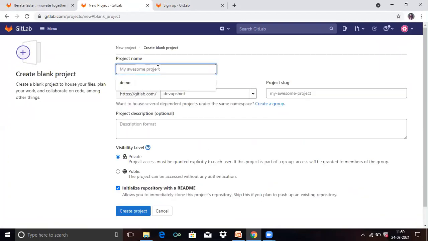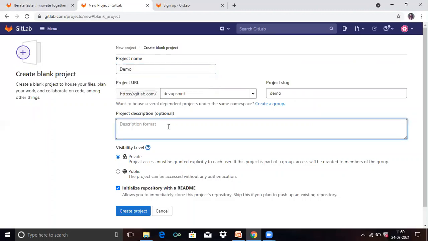And here, now you have to give your project name. So now I'm assigning a name to my project. And next, project description. If you want to give a description to your project, then you can, otherwise it's not mandatory.